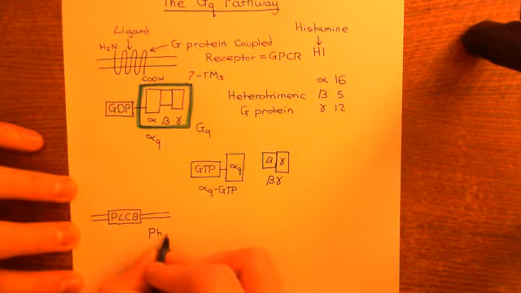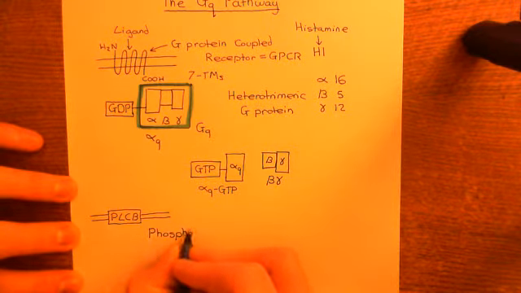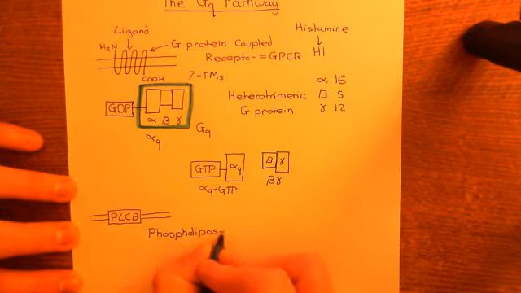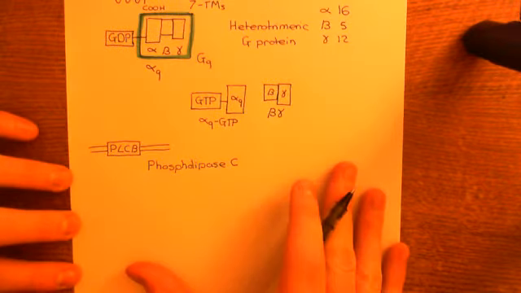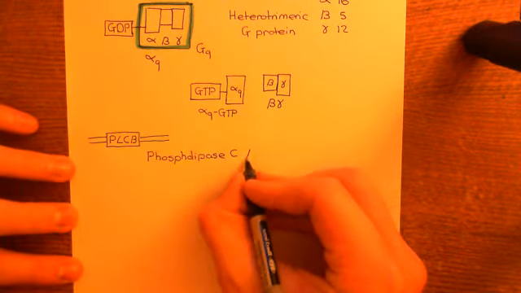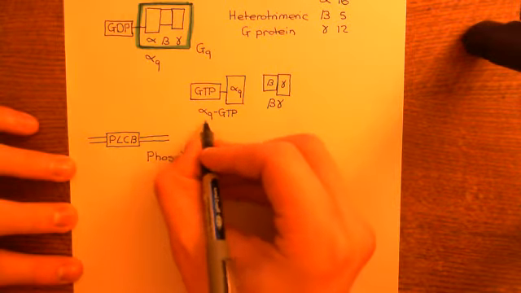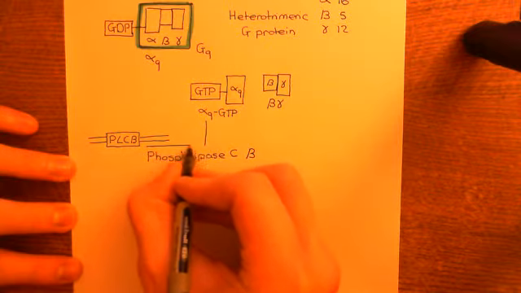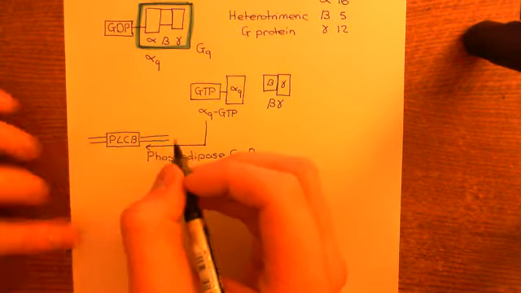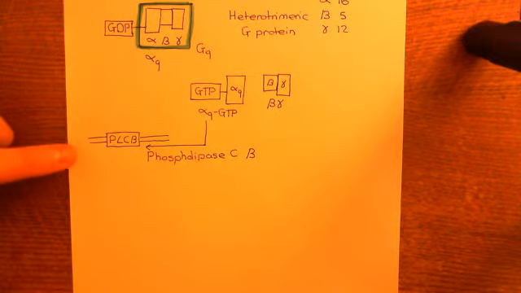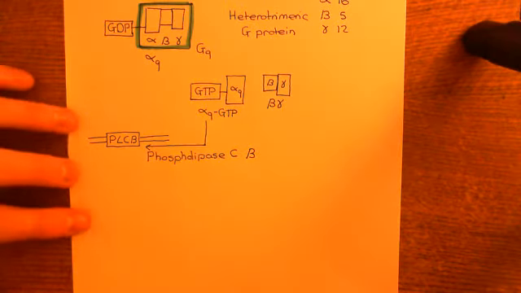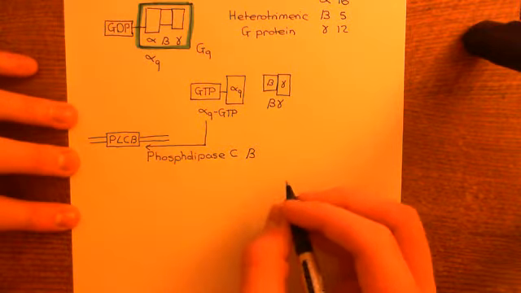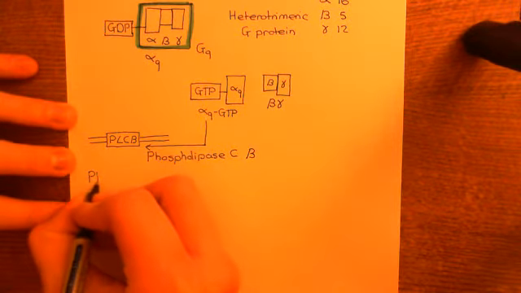P stands for phospho, L stands for lipase, and then the C stands for C. So this is a phospholipase C enzyme, and there are many different phospholipase C enzymes. Specifically this is phospholipase C beta. It's the phospholipase C beta enzyme that is activated by the alpha Q GTP subunit. Once you have activated this enzyme, it's going to start working on a substrate which is present within the phospholipid bilayer, a molecule known as phosphatidyl inositol